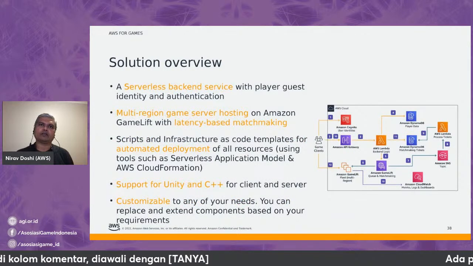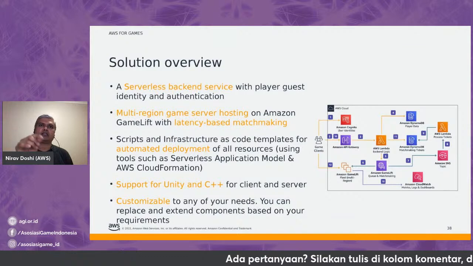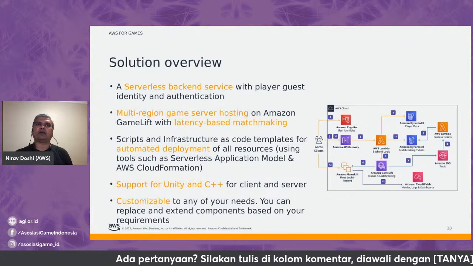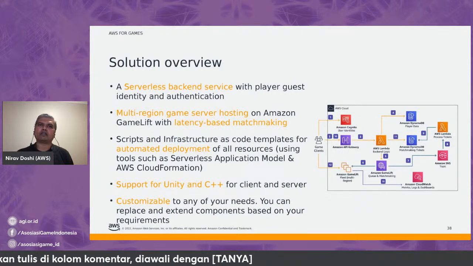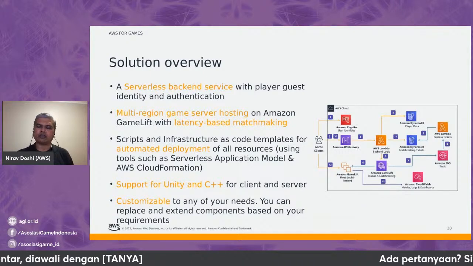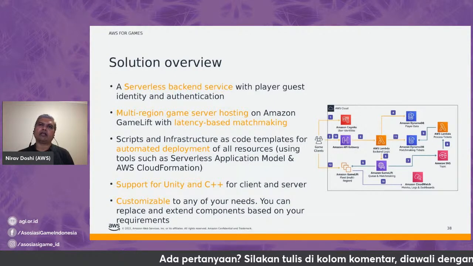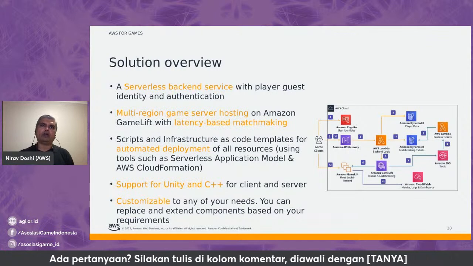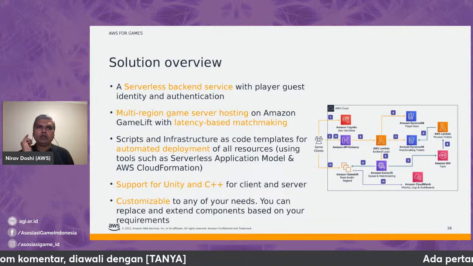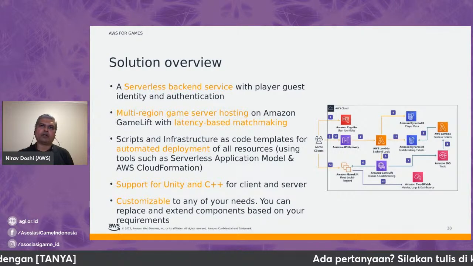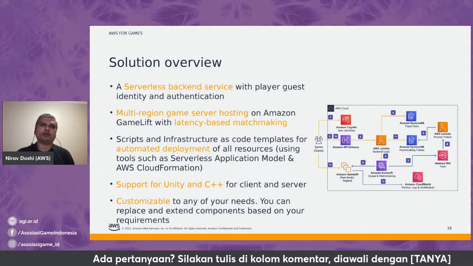So let's take a look at that. This is something that is built. I'll go deeper into that architecture in the coming slides. But this is hosted in multiple regions. As an example, it provides you with latency-based matchmaking. It has all the scripts and infrastructure as code templates, so you can quickly start using it. Our service called AWS CloudFormation helps you build and design your infrastructure via code, and it provides you with CloudFormation templates to start working with. You can customize it further. You can build on top of it. You can add and make changes to that existing code. It is available to you as a sample.